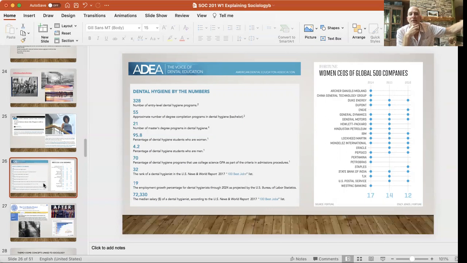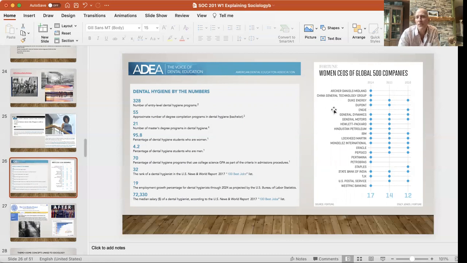Here's another interesting example for me of the sociological imagination. Think about our occupational choices. About 96% of dental hygienists are female. It's like, wow, that's a lot. What's going on? Using the sociological imagination, biography and context are interrelated. So thinking about self-determination, think about patterns of human behavior. It's fascinating, right? These are high-paying occupations, professional, with a lot of autonomy, and yet 96% of those who move into dental hygiene are female. What's going on, right? That's kind of the sociological imagination thing: what's going on, to try to explain that.